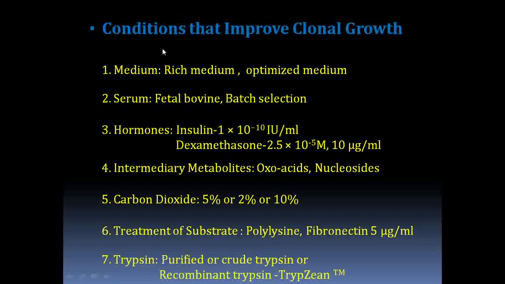So the very first factor is the medium. Yes, of course, medium will be the very first factor. Why? Because as we all know, all animal cell cultures are grown in a medium only, which acts as a substratum, which acts as a medium to communicate between the cells, which acts as a nutrient provider, right? So what we need to do is perform a particular experiment in which I can add a constituent or a different ingredient to make it a rich medium.